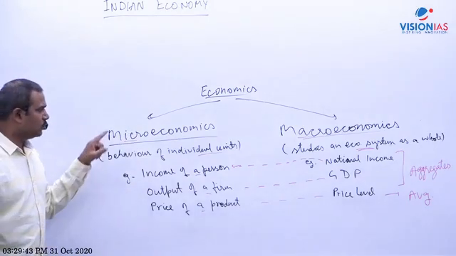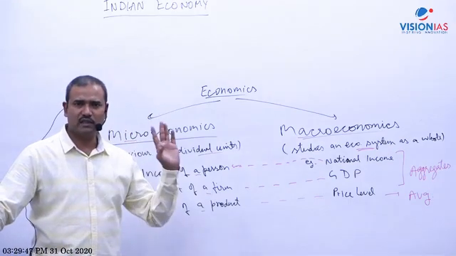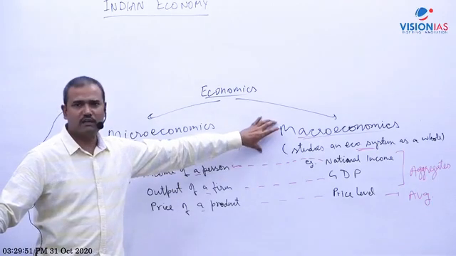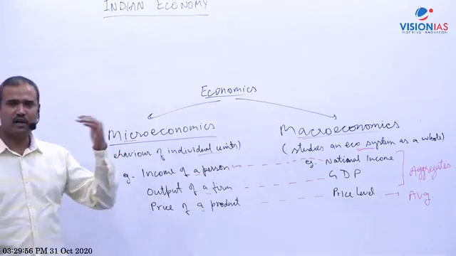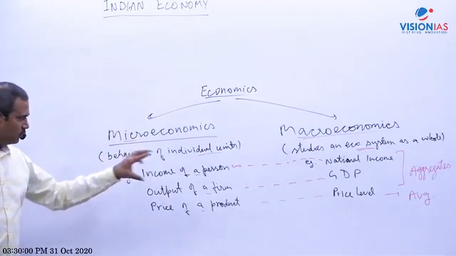Okay, and there are two branches of economics I told you, and there are two books in class 12th NCERT, micro and macro, I told you already. So what is relevant? Macro is relevant for your syllabus, but micro I will discuss in chapter 3, some basics. I told you why I will discuss. And one more thing here, I just wanted to give you organization.